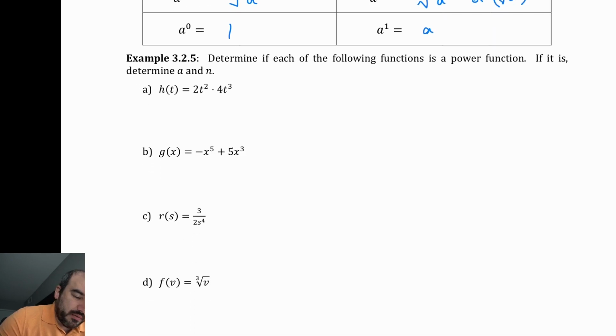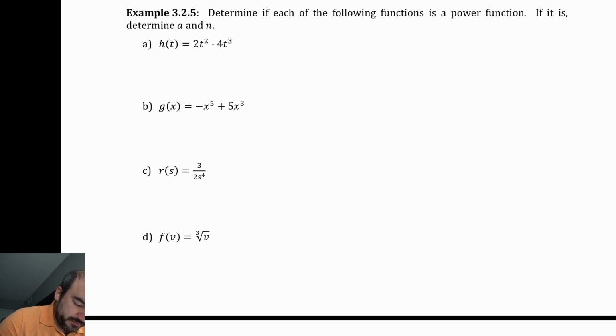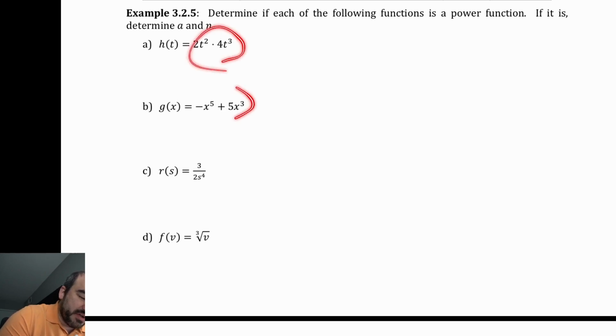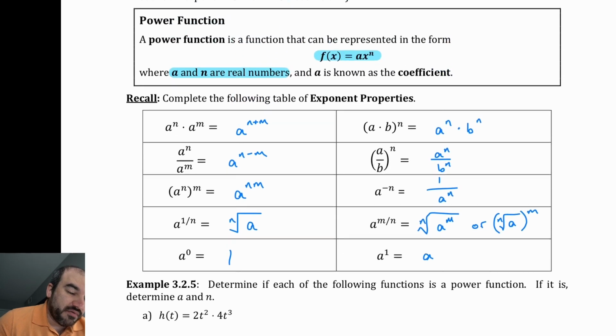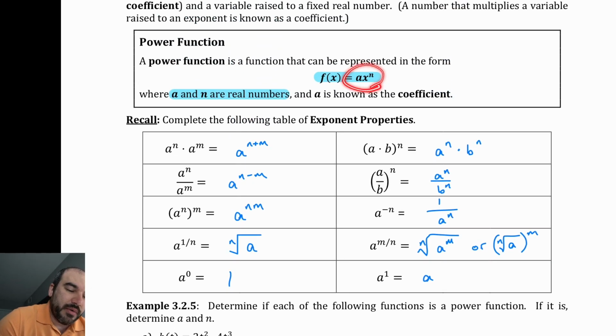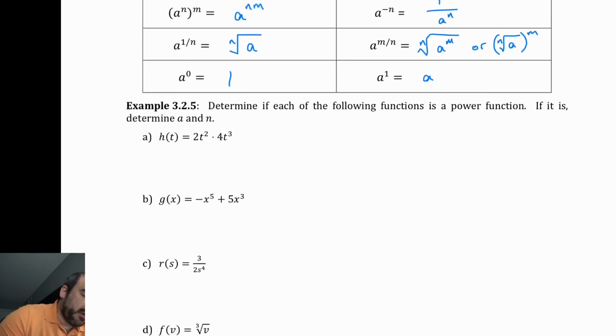So when we do this example down here, we're essentially seeing if we can write each of these functions using properties of exponents as a single term with a coefficient and a variable and an exponent. Right? For example,